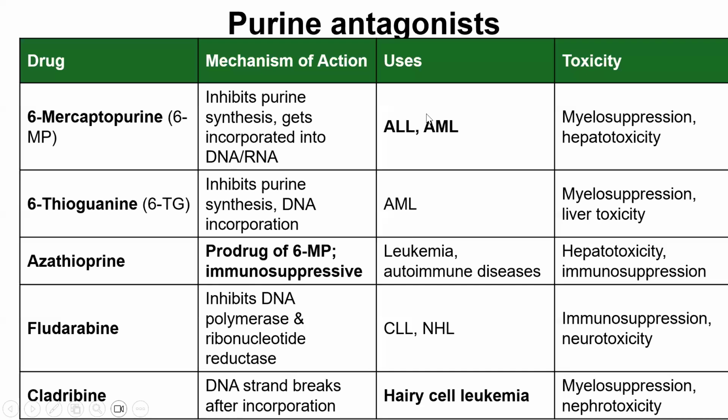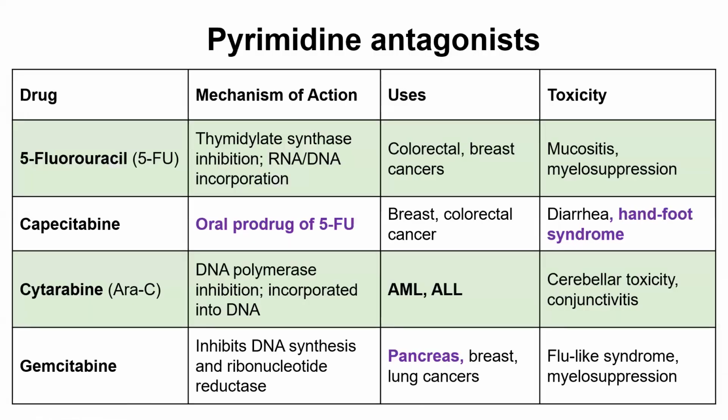a specific point: purine antagonists inhibit purine synthesis. Even if you don't know the exact step, write that it inhibits purine synthesis. Write the drug names and use, mainly in hematological malignancies, ALL, AML, leukemia. Okay, purine antagonists. Pyrimidine antagonists are mainly used in solid cancers: 5-fluorouracil in colorectal and breast cancer, capecitabine in breast, gemcitabine